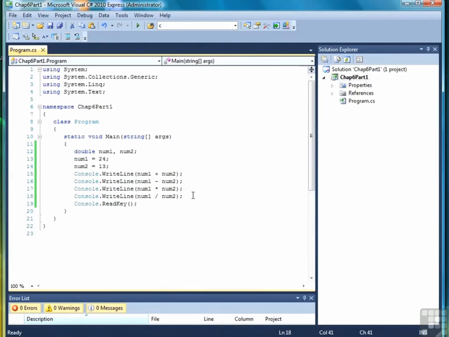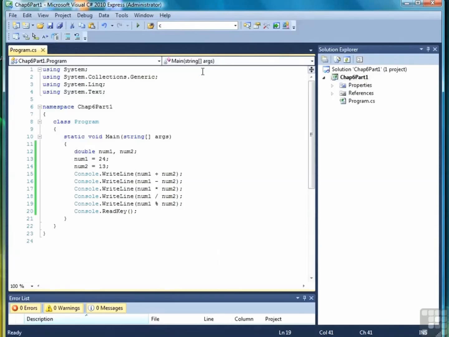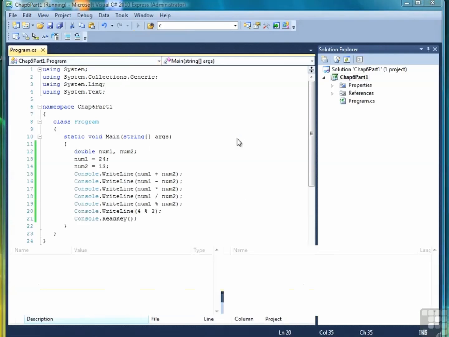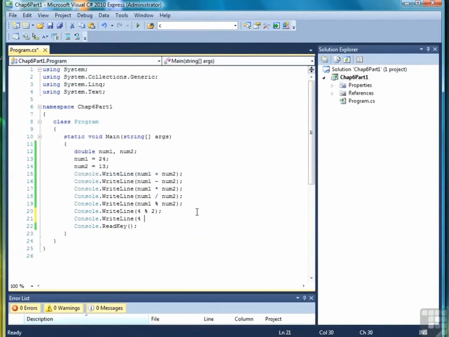And so then finally, the last operator we want to talk about in this lesson is the modulus operator. That's the percent sign. And that's for remainder arithmetic. We'll just stick with our two regular variables first. And we'll see that 24 divided by 13 leaves a remainder of 11. Now that may not mean much, and modulus doesn't get used all that often with numbers like that, but let me show you a situation where it does come in handy. 4 modulus 2 should give us a value of 0, as you see there. Let's do one more. 4 mod 3 will give us 1,